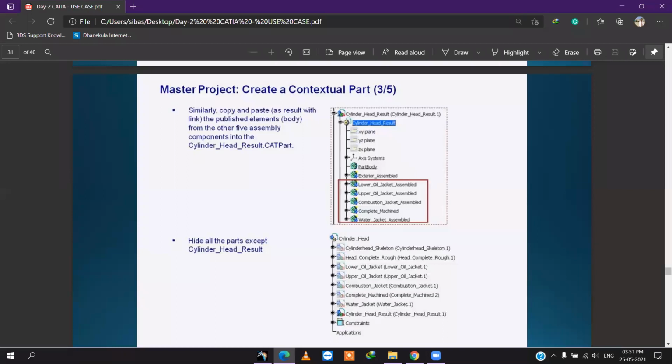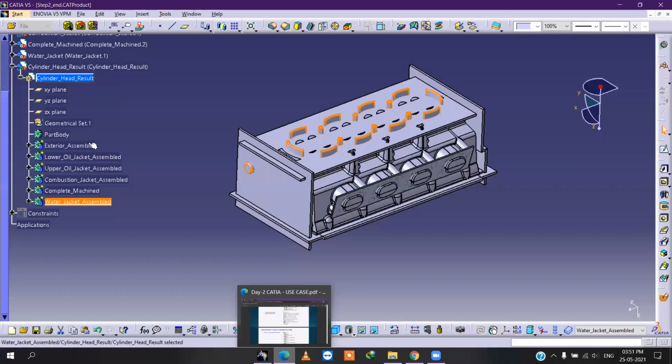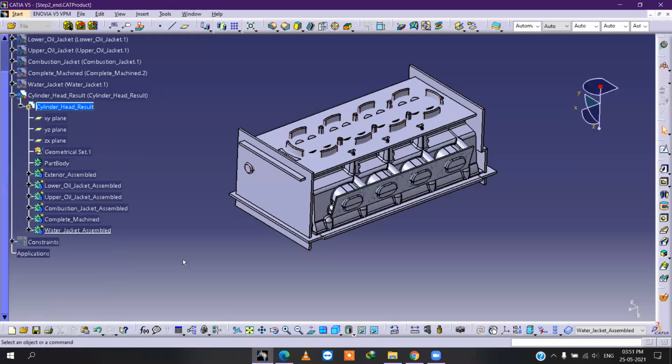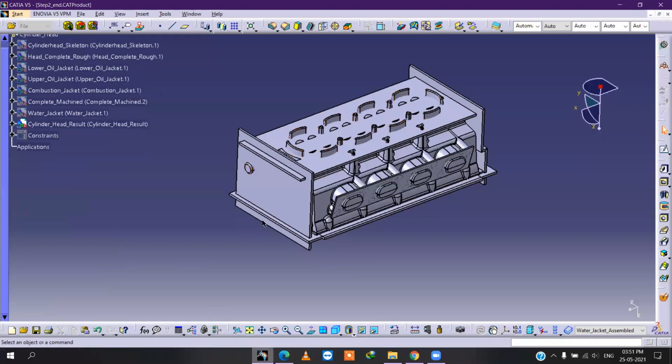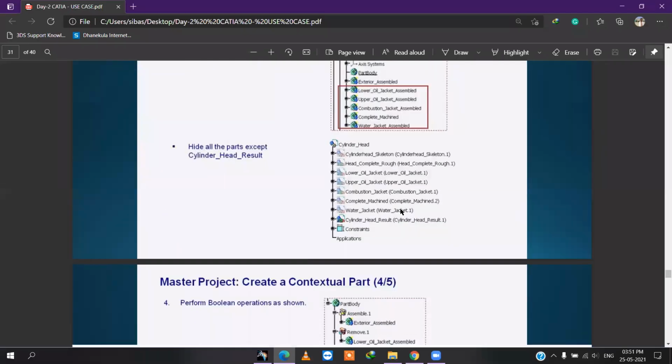We have to hide all the parts except the cylinder head result. This one to this one. Right click, and this part. The cylinder head result we have left. Okay. After that, we have to go for the Boolean operation.